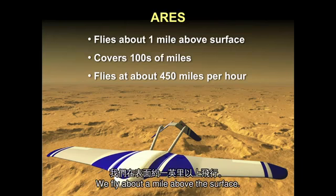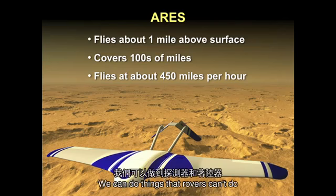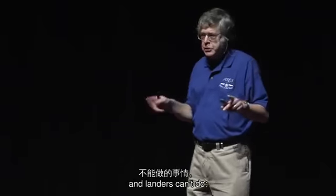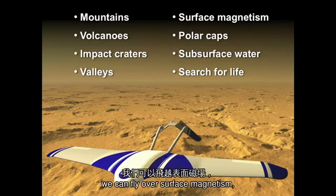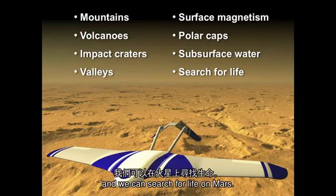We fly about a mile above the surface. We cover hundreds of miles, and we fly about 450 miles an hour. We can do things that rovers can't do and landers can't do. We can fly above mountains, volcanoes, impact craters. We fly over valleys. We can fly over surface magnetism, the polar cap, subsurface water, and we can search for